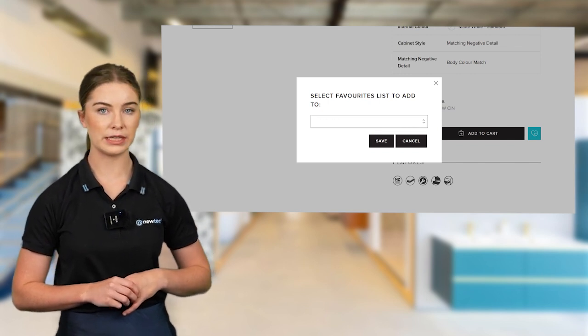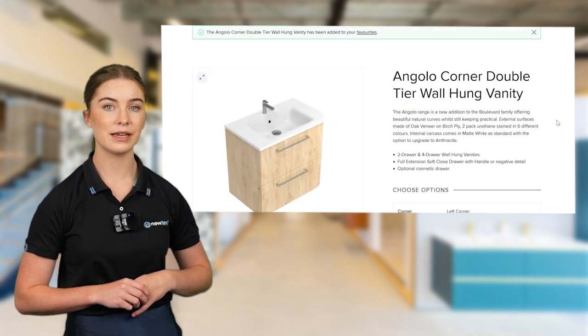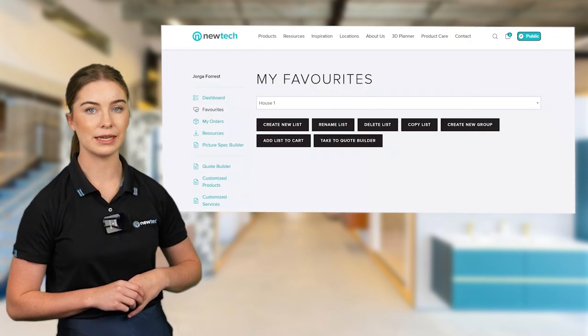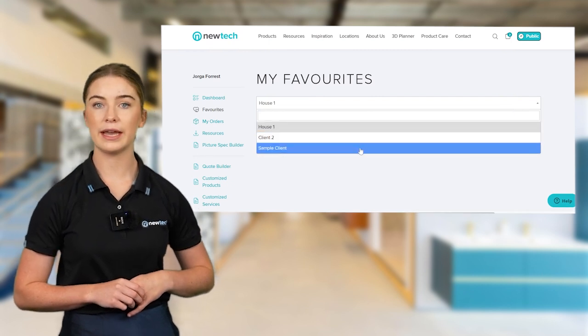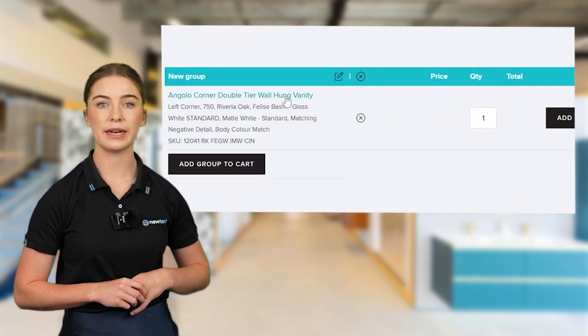We click onto this vanity, select the options they want. Then beside where it allows you to add to cart, there's a heart icon. When we click on this, a drop-down section appears and we can select the list. Sample Client. We put it here and it's now added to their list. When we come back to the Favourites list, we can see the vanity has been added to the new group